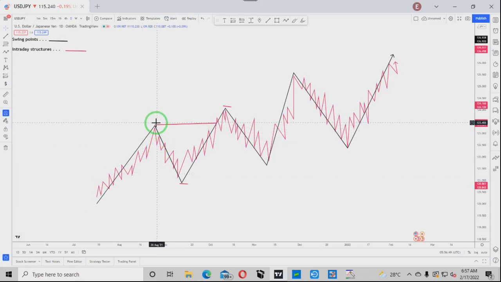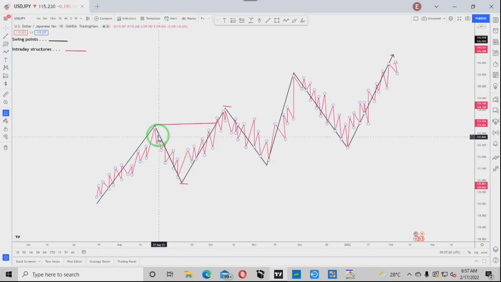All right, and when it got to the higher time frame swing point, take note of it. When it got to the higher time frame swing point, this is the last higher high on our 15M, and this is the last higher low before this higher high here. I'm talking about the red lines now, the 15M. Now, price changed direction on M15 and started making lower lows. It broke structure here, this last significant structure low. It broke it to the downside and started making lower low, lower high, lower low, lower high, lower low.